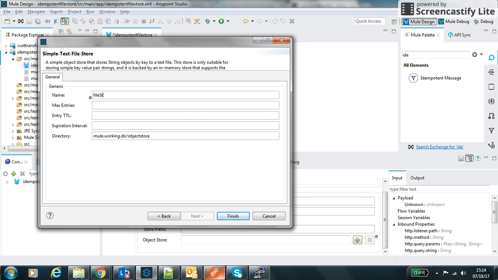So I will say file store entry TTL. It means time to live. This value is in milliseconds, so how many milliseconds this value will be considered as duplicate, right? So I defined it as 1200 and the directory in which it will store it. So I will say mule object store, so it's a relative path to the project's